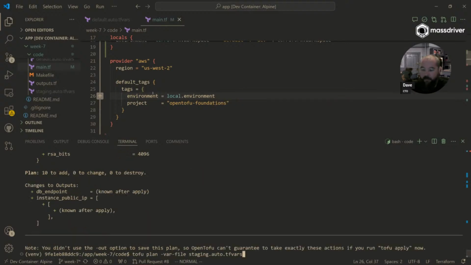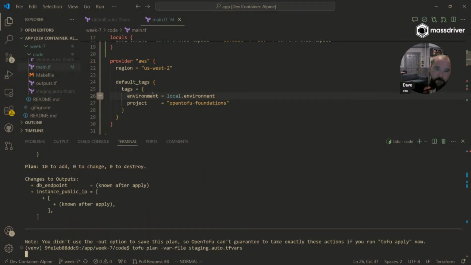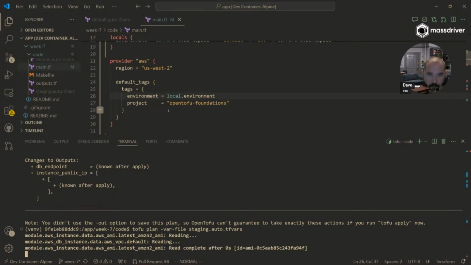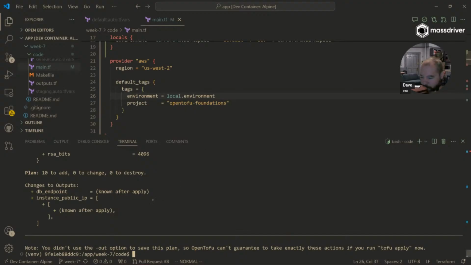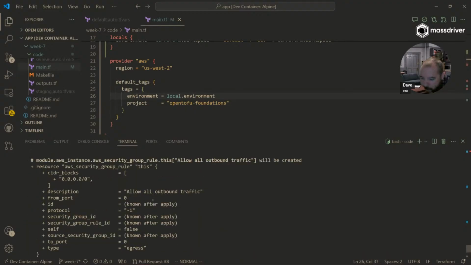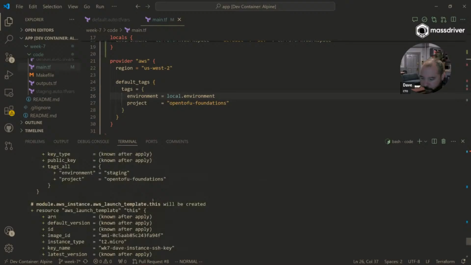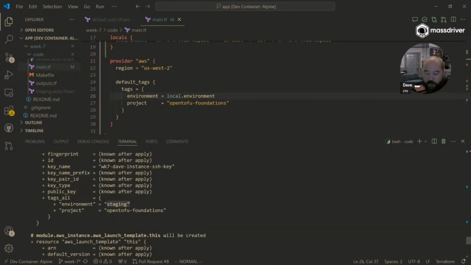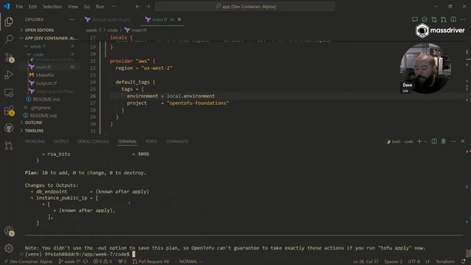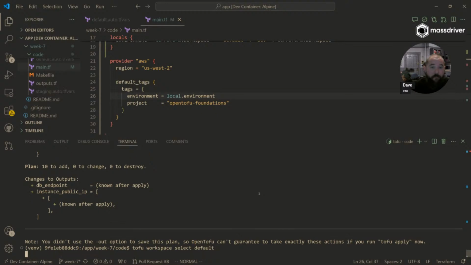Awesome. Let's see what that did to our plan here. All right, we got a plan. Let's look at that tags all resource again. And look at that, environment equals staging. If we swap back, by doing Terraform workspace select default,